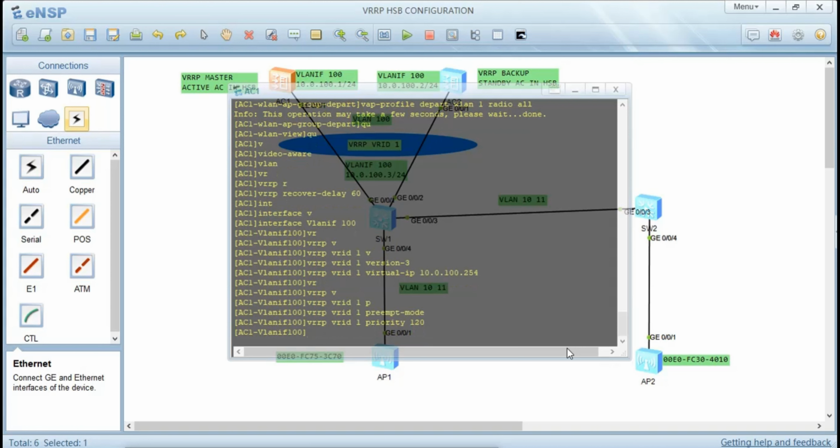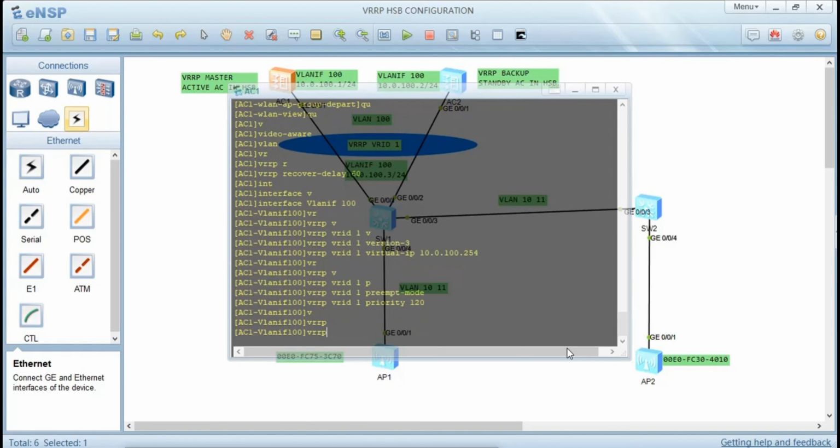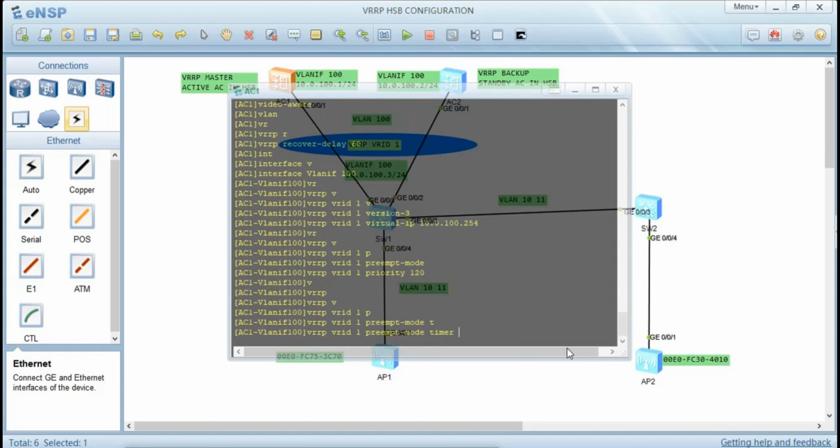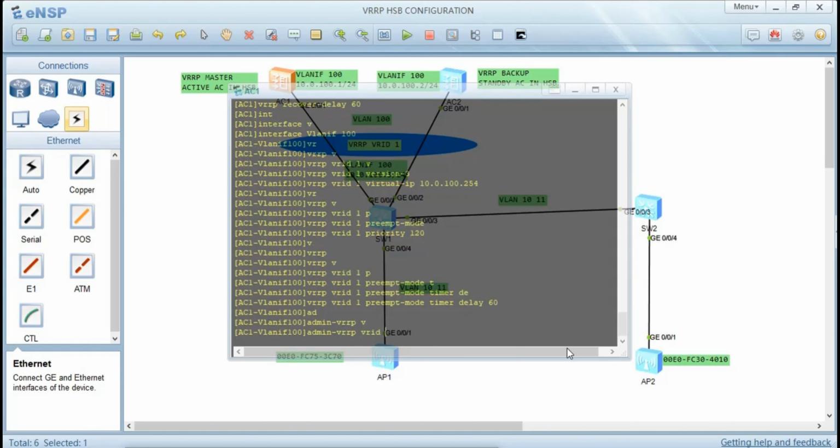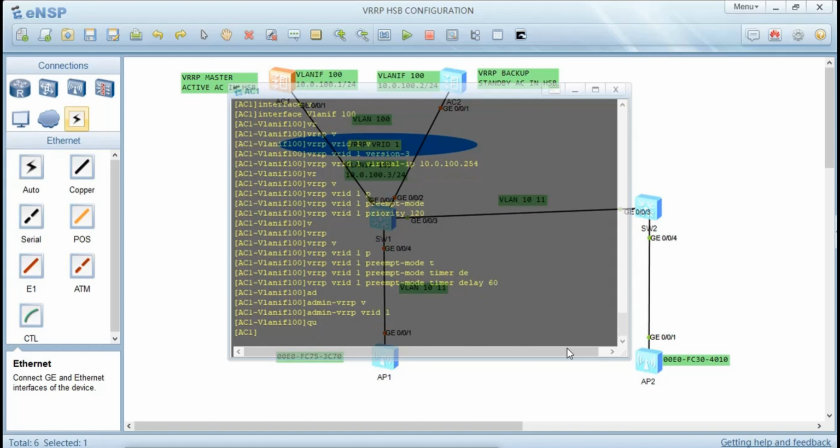Then we also set the preemption delay of 60 seconds. So VRRP VRID of 1, then preemption mode timer, we set delay to 60. Okay. After that, we enable admin VRRP VRID 1 and you quit. After that, after configuring the VRRP, what we are going to do now is configure the